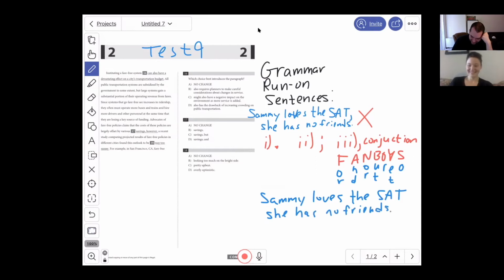I actually kind of disagree. I feel like you love the SAT and that's why you don't have any friends. So I would use the word so. It doesn't really matter. The SAT will never test us on which one of these words to use, but